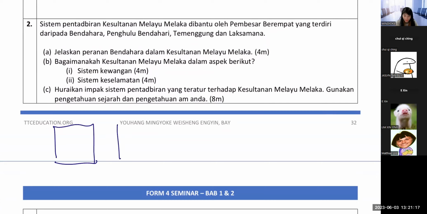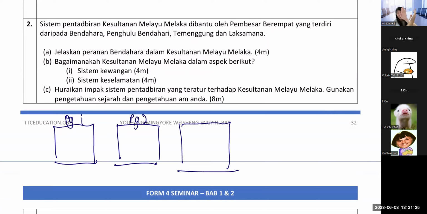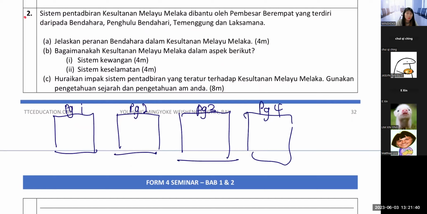What do I mean by that? For example, this is your test pad. This is page 1, front page. This is page 2 at the back page. This is page 3, the following one, another piece. And then this is page 4. All right. So what you need to do is very simple, straightforward. When you do your question number 2A, for example,